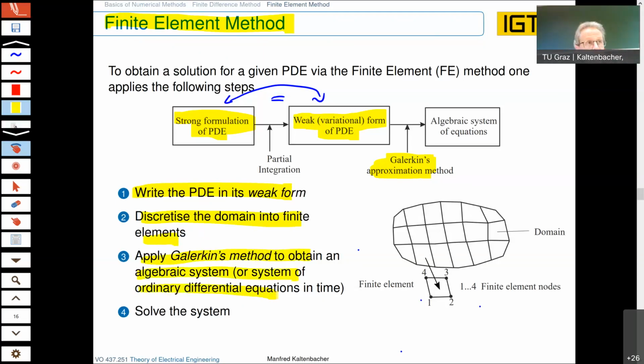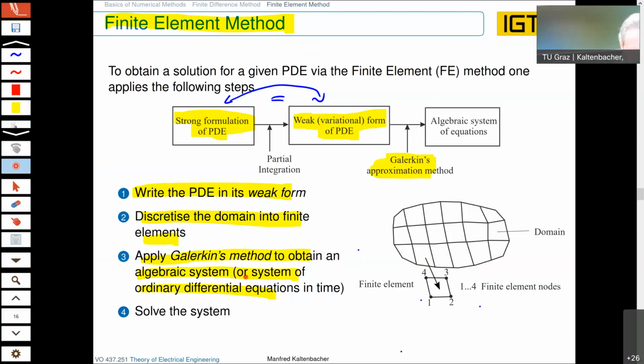So we also will approximate somehow, but now with so-called finite element basis functions, with some interpolation functions, sometimes called shape functions. We will make an ansatz with the approximation of the continuous unknowns, like our electric scalar potential, plug it into the weak formulation, and we will get out the algebraic system of equations,